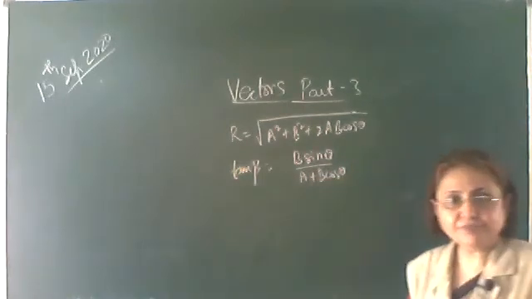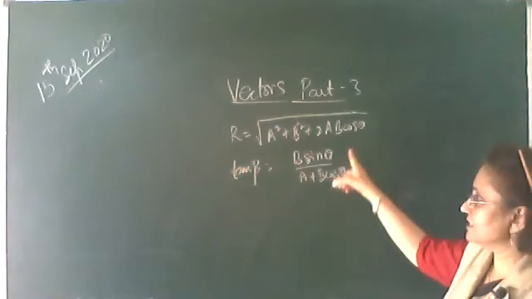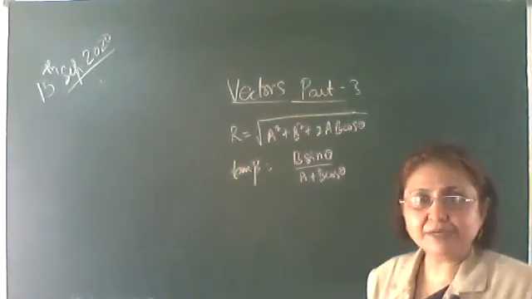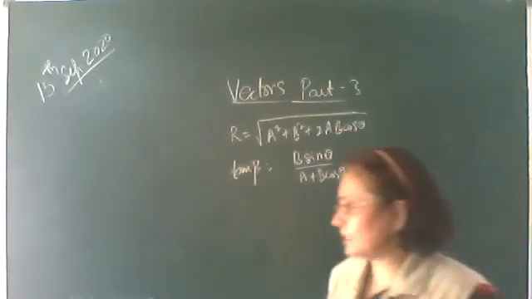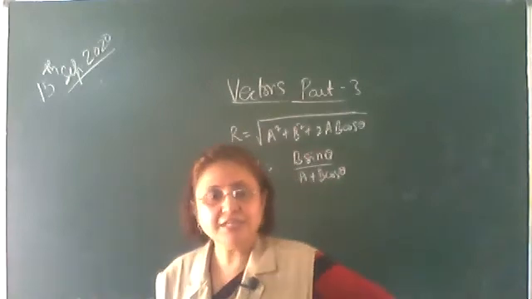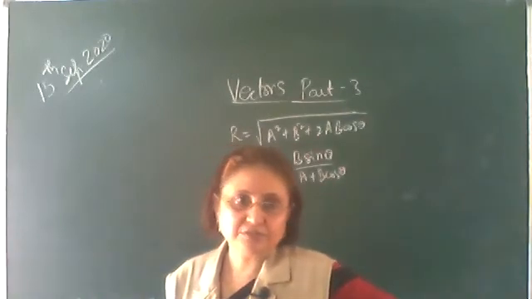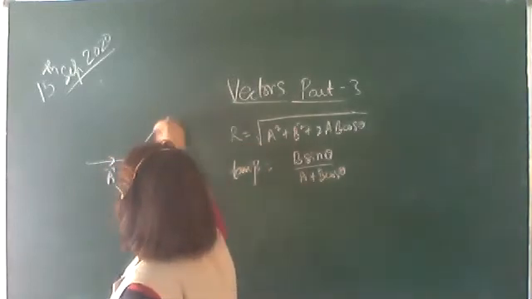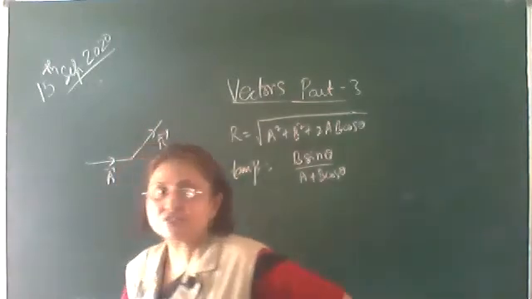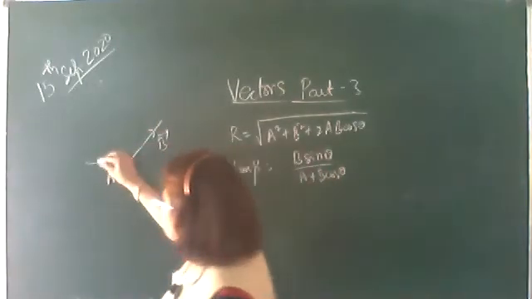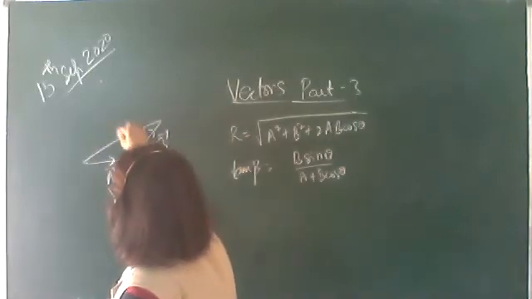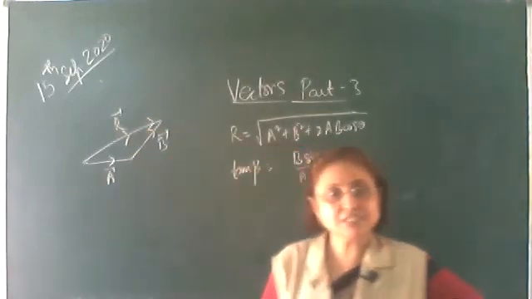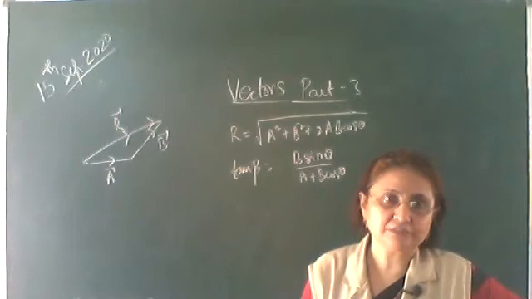Okay, by parallelogram law we have derived. We got the magnitude of the resultant to be this, and the direction of the resultant vector could be given by tan beta, which is equal to B sin theta upon A plus B cos theta. The same way you can derive it for the triangle law of vectors. We know that if A vector and B vector are representing the two sides of a triangle taken in the same order, then their resultant is given by the third side of the triangle taken in opposite order.